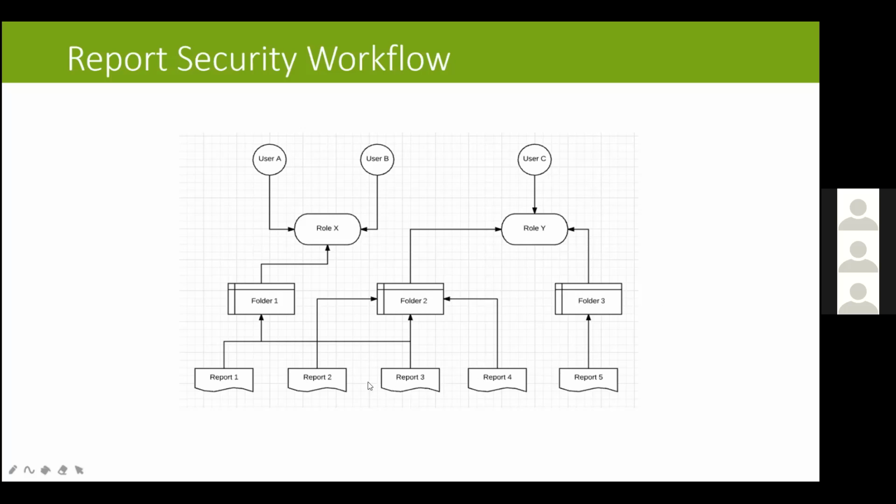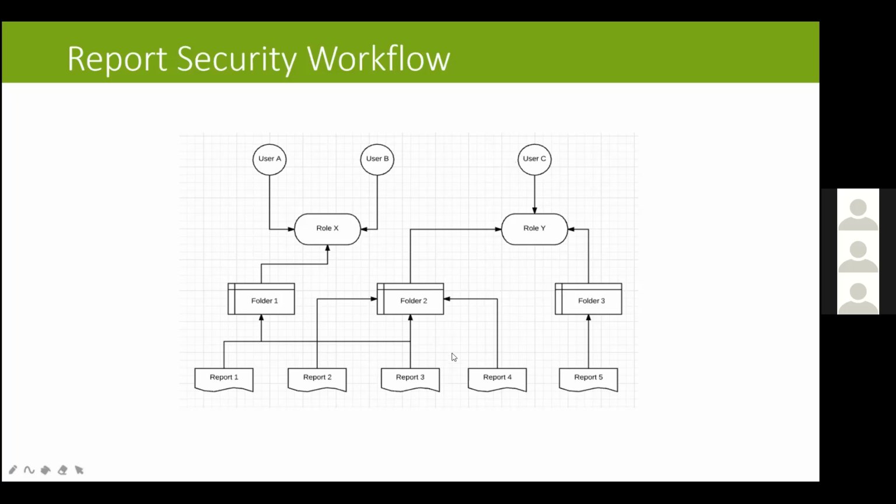Now, in the system there could be many reports. So basically, you club the reports together and provide them in a folder. In this particular example, report 1 is available in folder 1 and folder 2, so this report 1 is available to all the users. A, B, and C are all able to see this report. Similarly, report 3 is also available to folder 1 and folder 2, so again A, B, and C are all able to see this report. So there could be sharing of reports within the folders, whereas reports 2, 4, and 5 can be seen by user C.